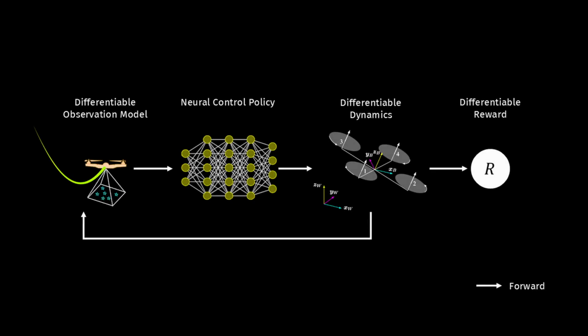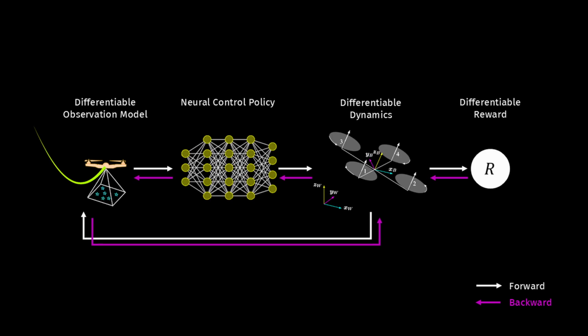In our training environment, a neural control policy observes the pixel coordinates of visual features provided by a differentiable observation model. It generates body rate and thrust commands, the control inputs to the differentiable dynamics. At each time step, a reward is received depending on the agent's performance. The full differentiability of our pipeline allows for backpropagating gradient information through entire rollouts, enabling the calculation of low-variance analytical